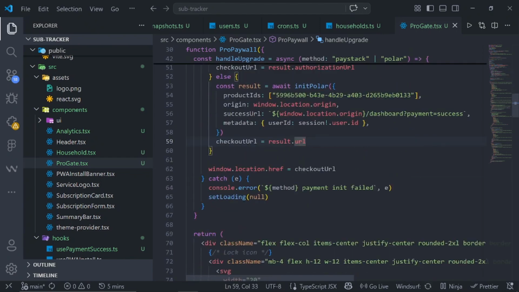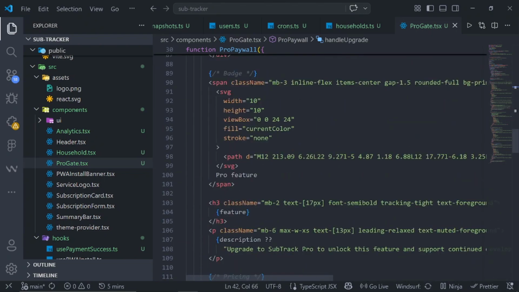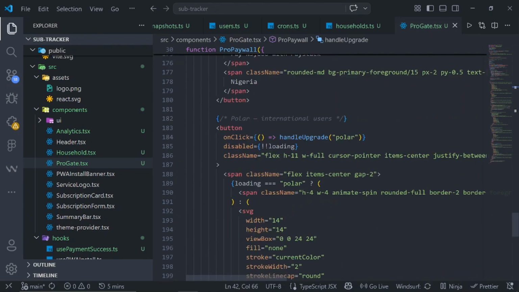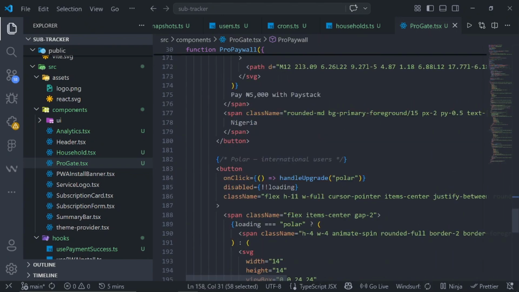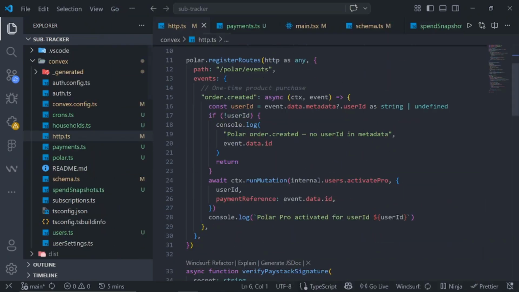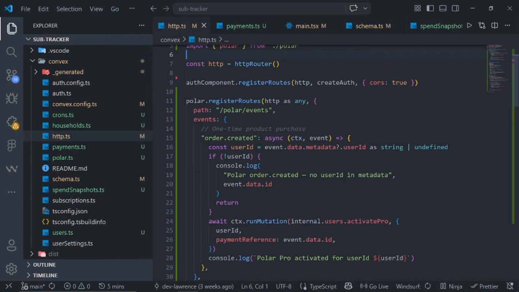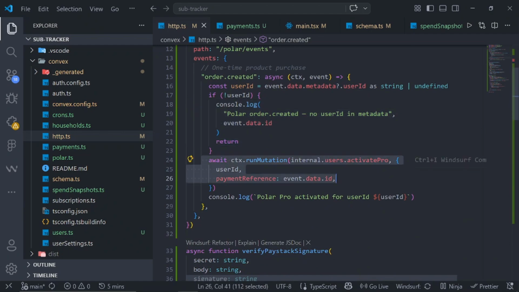Okay, so the last thing now is to just call the handle upgrade. I'm already using it somewhere. So where is it? Handle upgrade, here I passed in Paystack, and this one on line 17 passed in Polar. Then if we go back to our HTTPS, you can see that once the payment has been activated, you're just going to call this, orders was created, and basically log this out and run a mutation. So it's going to run a mutation to now